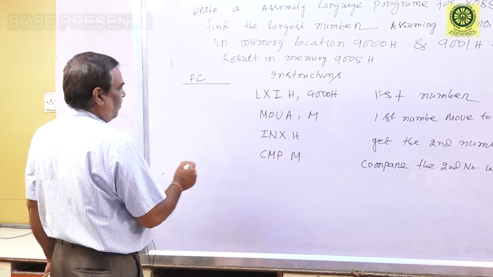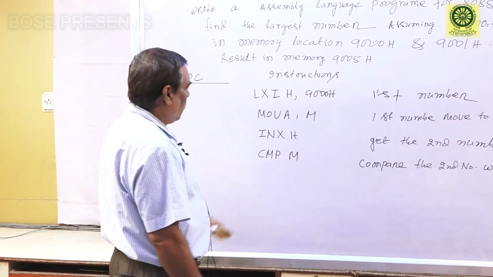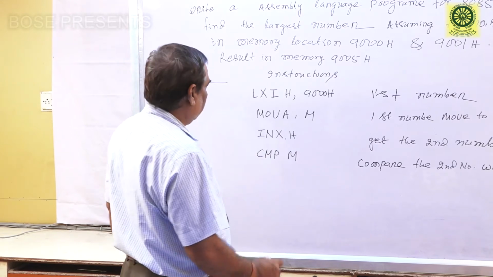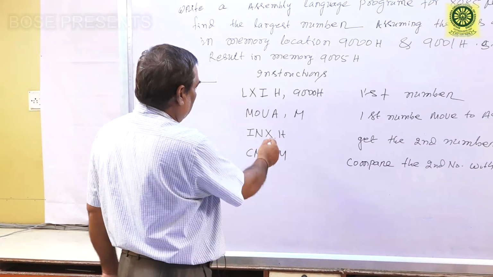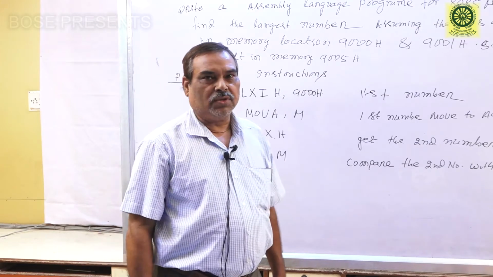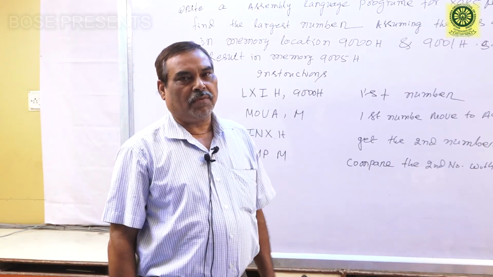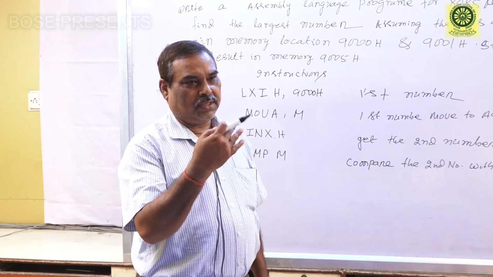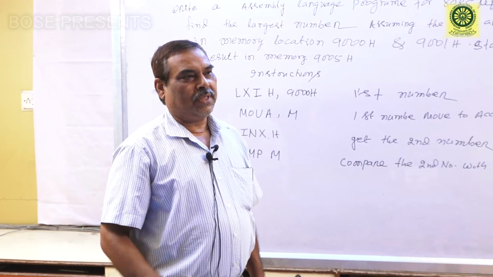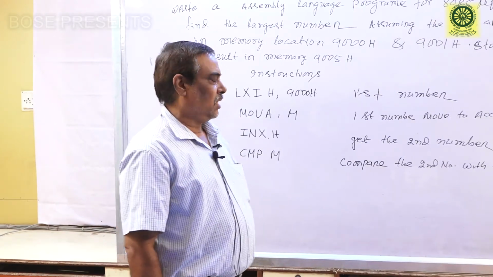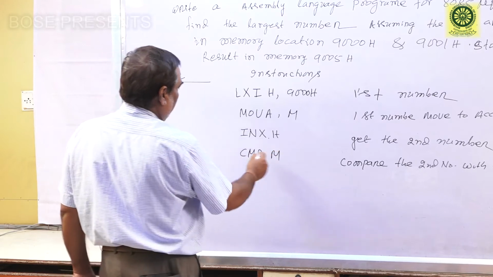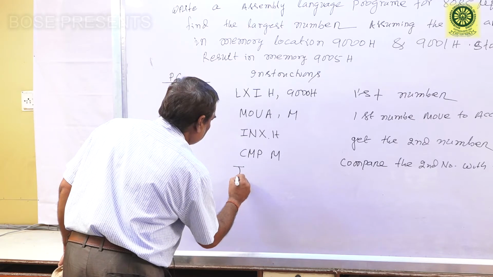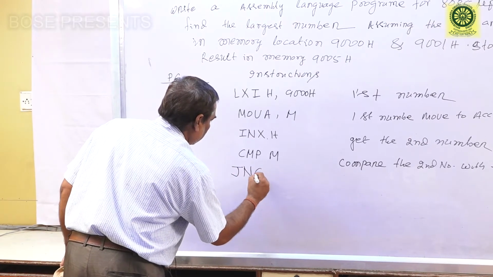In the 2's complement method, if one number is subtracted from the other, minuend and subtrahend, the subtraction is done by means of addition, and there is a carry. If there is a carry, then the first number, the minuend, is greater, and if there is no carry, then the subtrahend is greater. So when the comparison is done, we use one conditional instruction, JNC, jump if no carry,